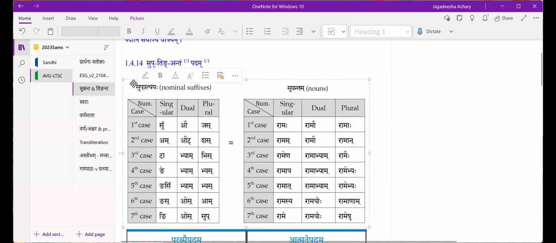So these are the sup pratyayas, and that is the subanta. Ramah is a noun word. Rama is the pratipadika, the noun base or noun stem. Ramah is a pada, or word, so it can be used in a sentence. Just Rama will not be used in a sentence, because in a sentence Rama doesn't have the status of a word yet, as it is not combined with the vibhakti.